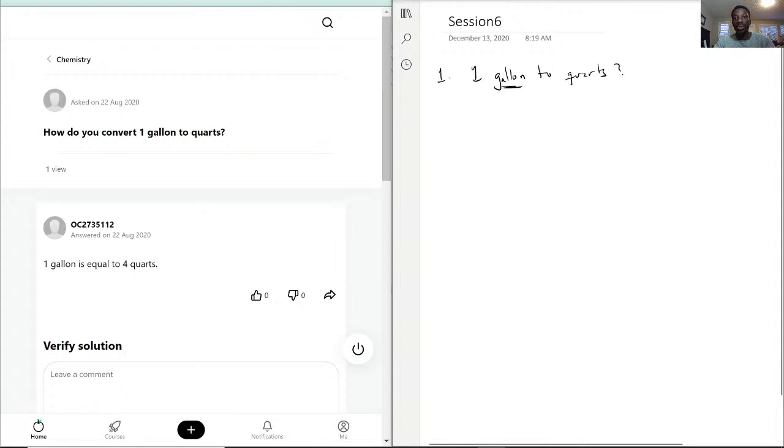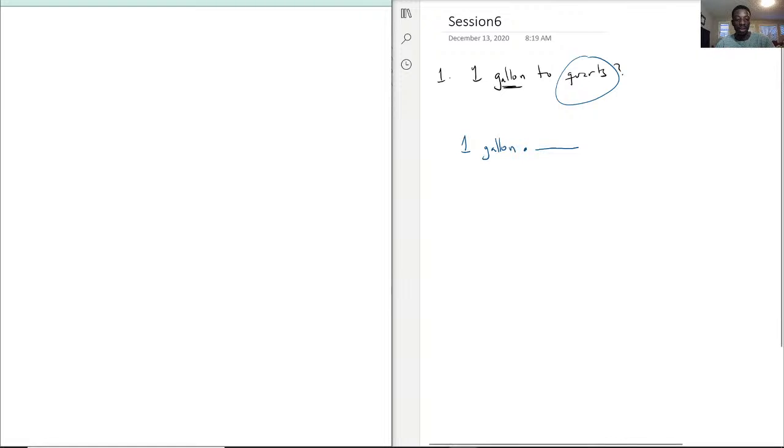Alright, so to solve this question, the goal here is to make sure that we are converting the right thing that they ask for. We start with 1 gallon, so that would be what we put on the left. And the goal here, in terms of the conversion sheet, is to make sure that the units cancel out appropriately so that you end with quarts. That's the goal there. So with that being said, according to the unit conversion sheet that I have,